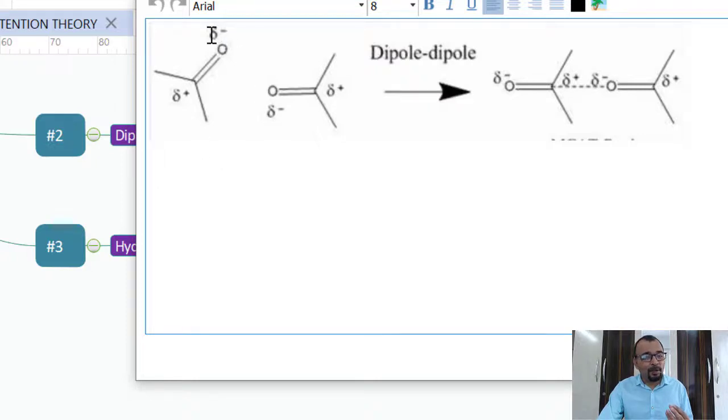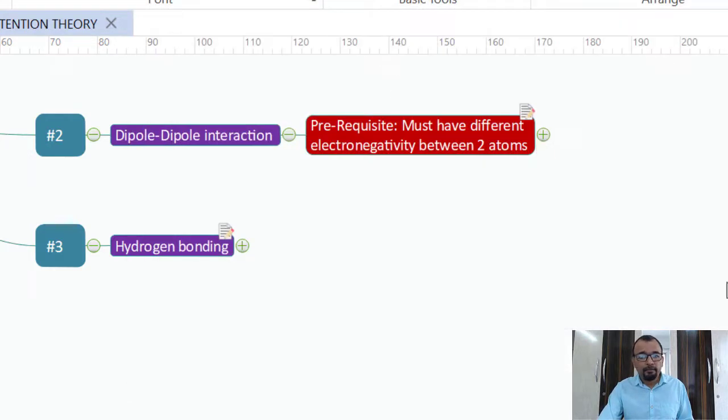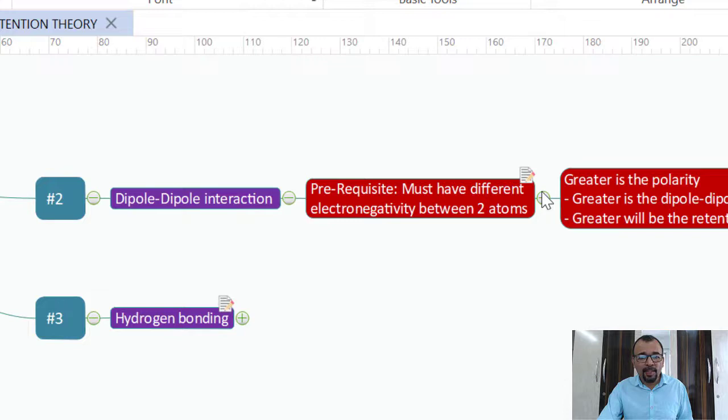Now, a dipole is formed. One end of the molecule has a slightly negative charge, and the other end has a slightly positive charge. The positive end of one molecule will get attracted towards the negative end of another molecule, and that develops the attraction force called the dipole interaction. This is between two different molecules. So what are the properties of dipole-dipole interaction?